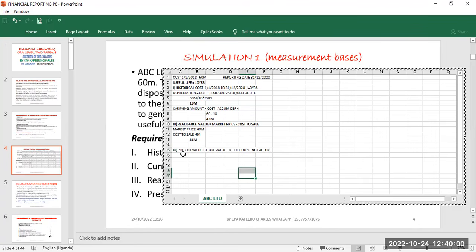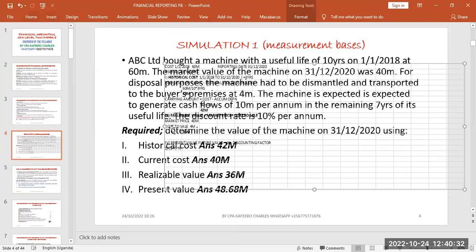And we say that our discount factor is 1 divided by (1 plus R) to the power n. And this n is the number of years, but they told us, as per this time, they had given us that the machine is expected,